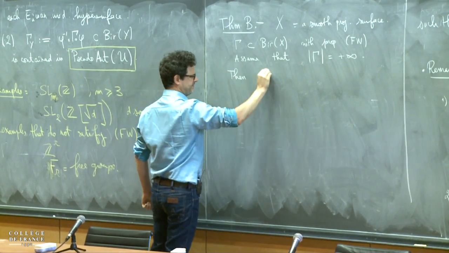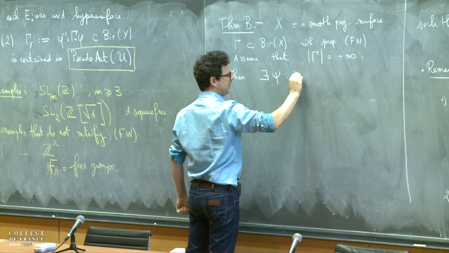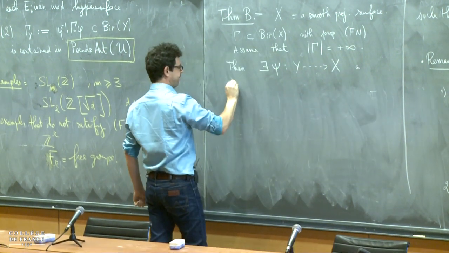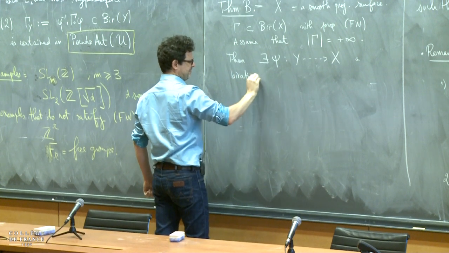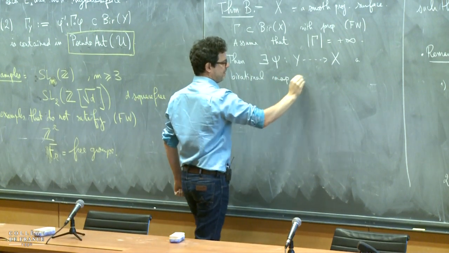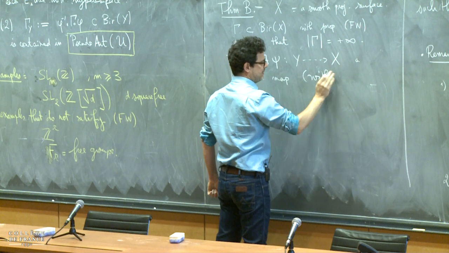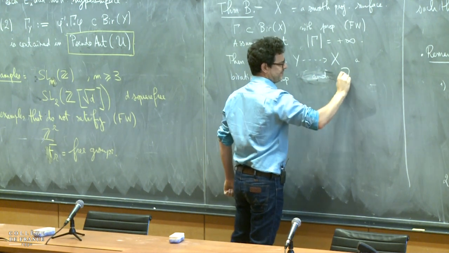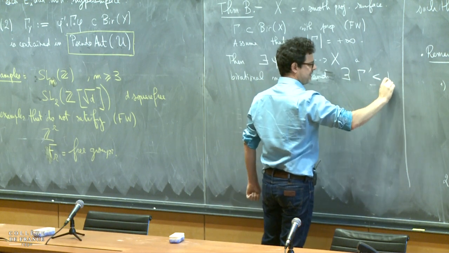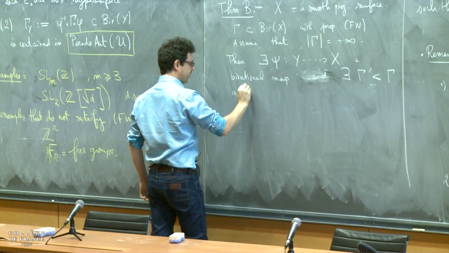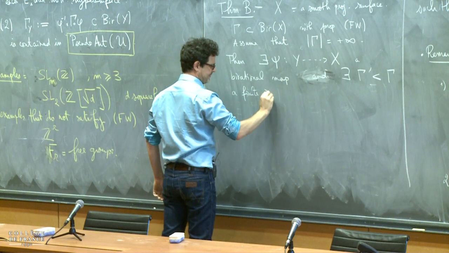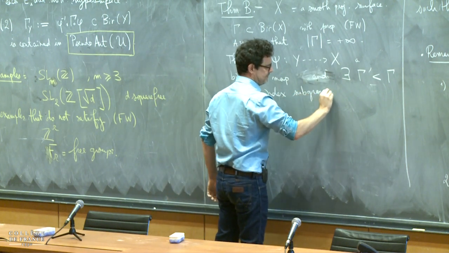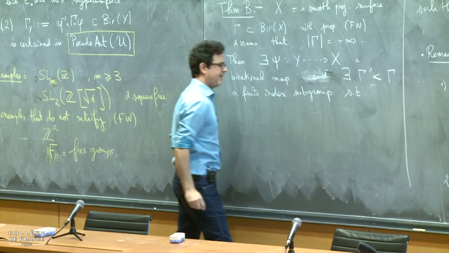So there is a birational map, and there is a gamma prime in gamma, a finite index subgroup, such that